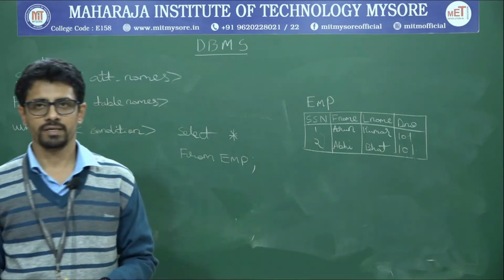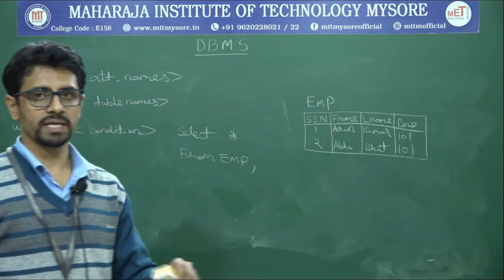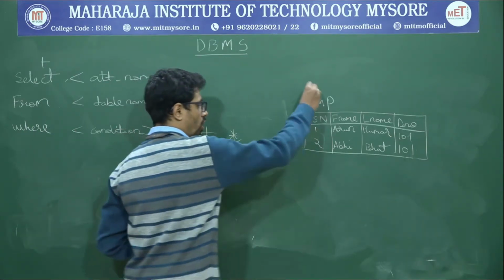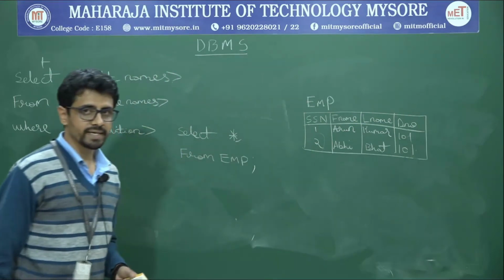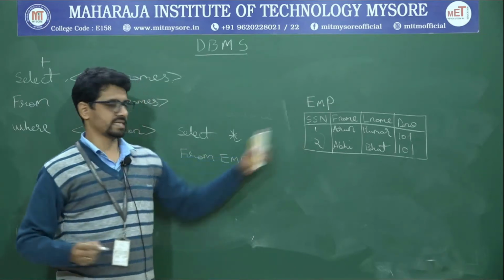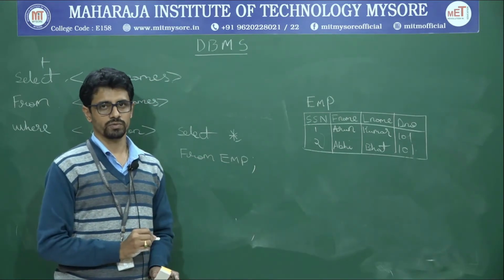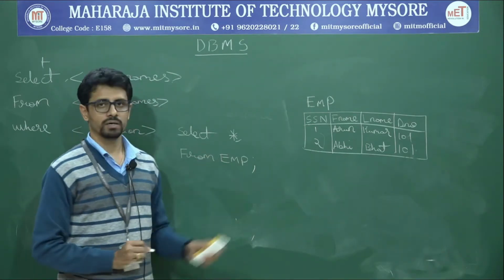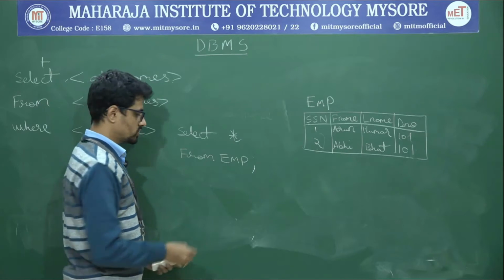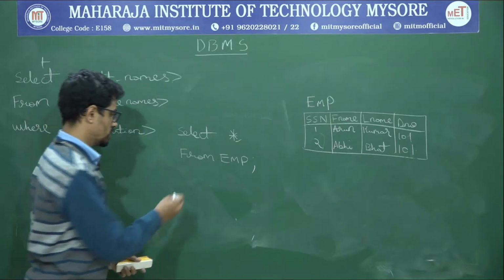This is a basic retrieval query which we will be seeing in the laboratory also, in order to display the contents of a table. Select star, star indicates all the attributes, from which table? Employee. If you execute this, you will get this as output. If these are the only values we have inserted, this will be the output for you when you execute select star from employee. Now, as I mentioned, star indicates all the attributes. If you want only a few attributes present in your table, you can do that also.